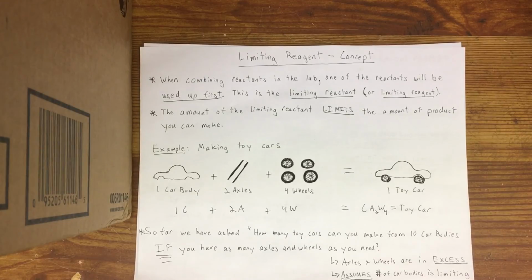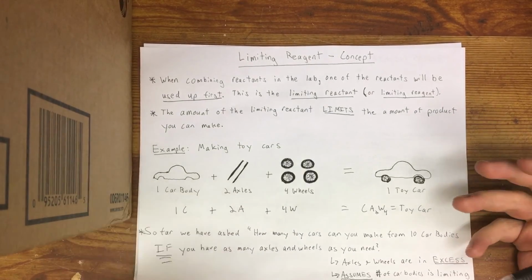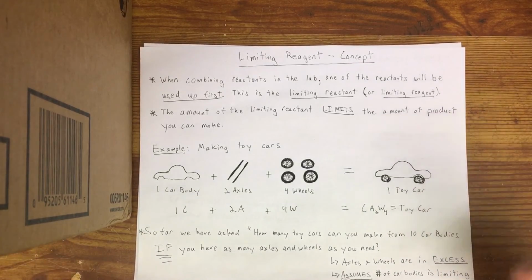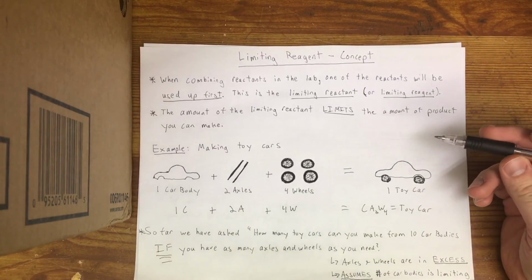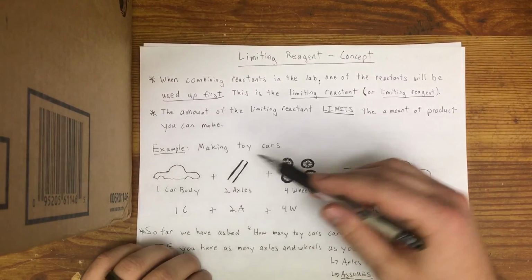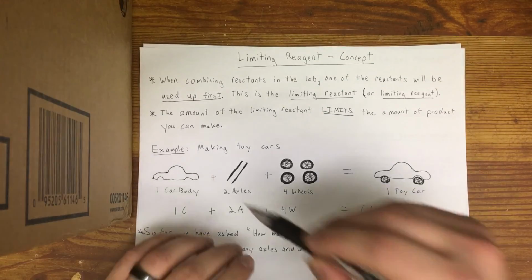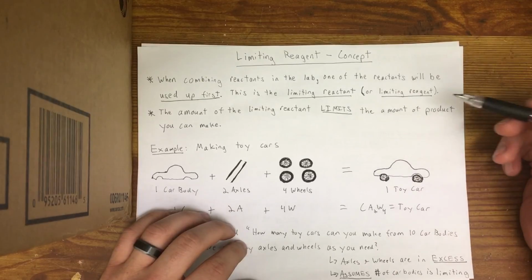So the concept of limiting reagents is that when we combine two reactants in the lab in order to make products, one of those reactants is going to be used up first. One of those reactants will run out before the other one runs out. And because that happens, the thing that runs out first is known as the limiting reagent. And the amount of the limiting reagent that you have limits the amount of product that you can